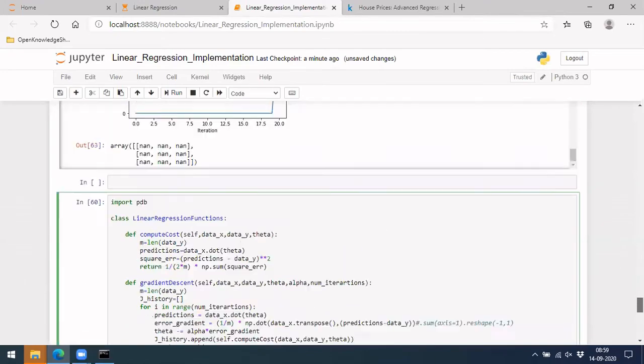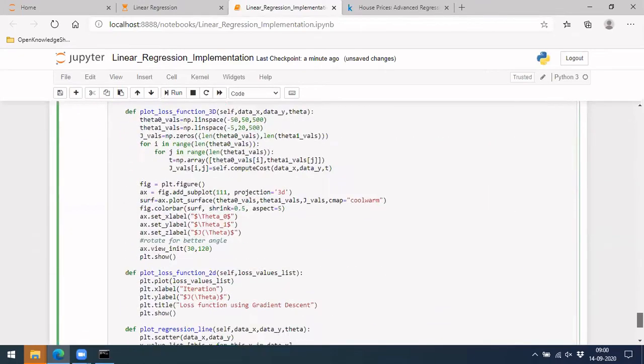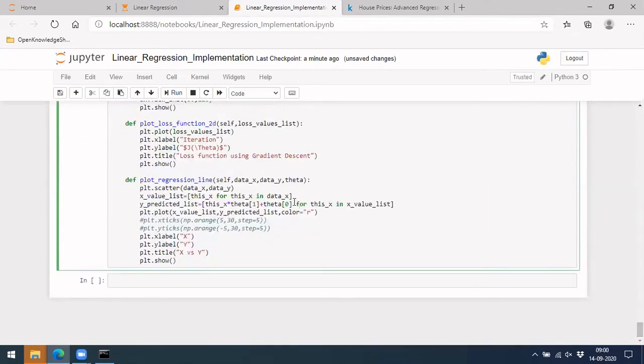But let's try to adapt it to whatever values we have. Instead of doing it like this, we are doing x theta, so theta naught, theta 1, all these things are not required.